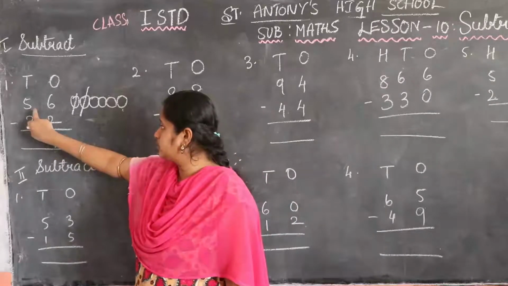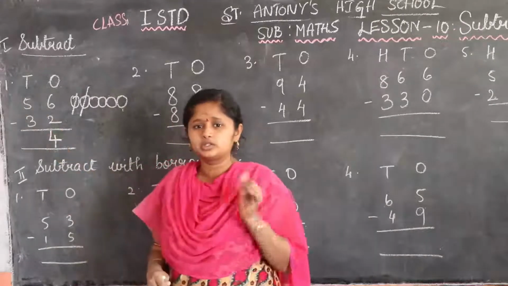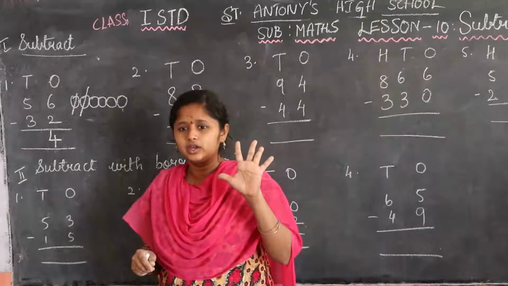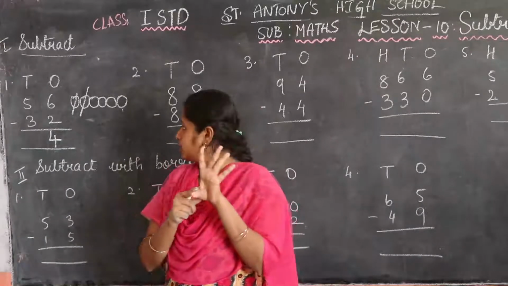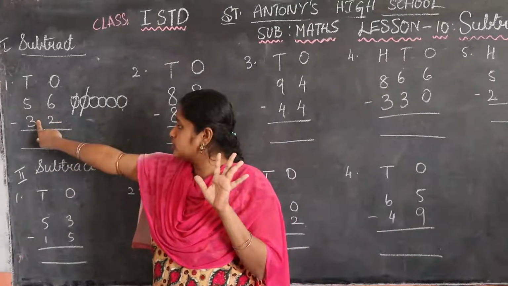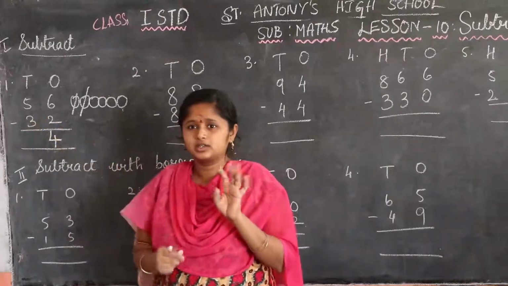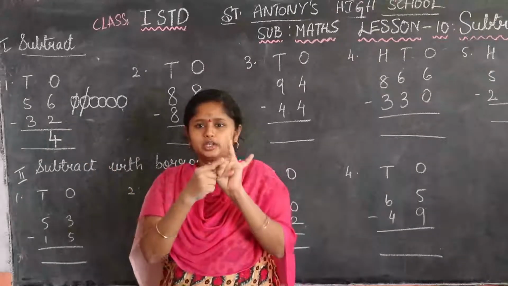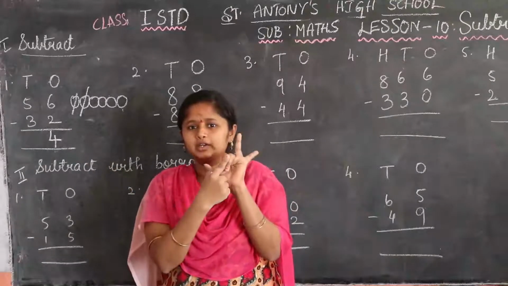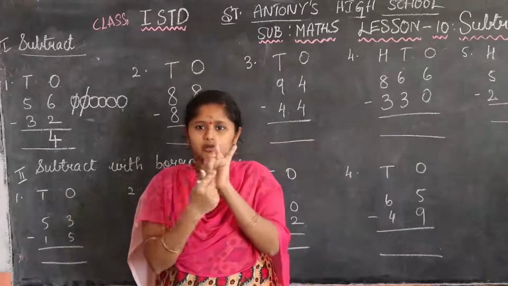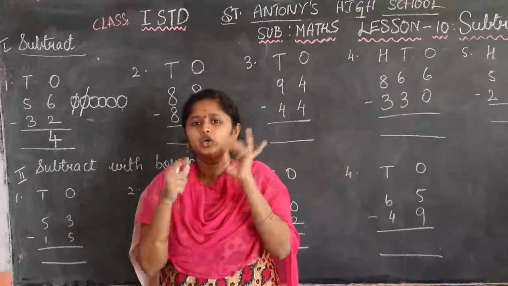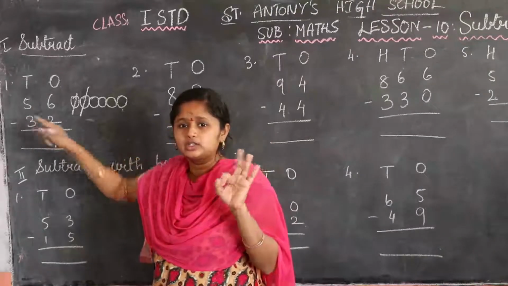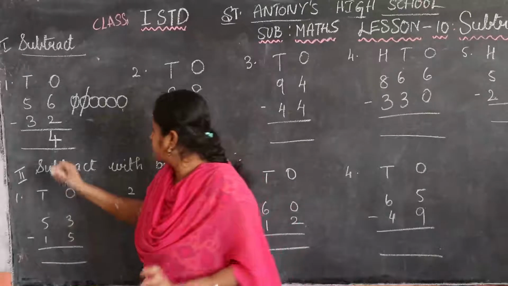5 minus 3. Now for 5 minus 3 you have to start counting the backward number. The number before 5 is what, children? 4, then 5 is there. Okay. From 5 backward, how much do you have to cancel? 3. 1, 2, 3. So how much have you reduced? 3 fingers you have reduced. So how much is left, children? 2 fingers are left. 5 minus 3 is how much? 2. Okay.